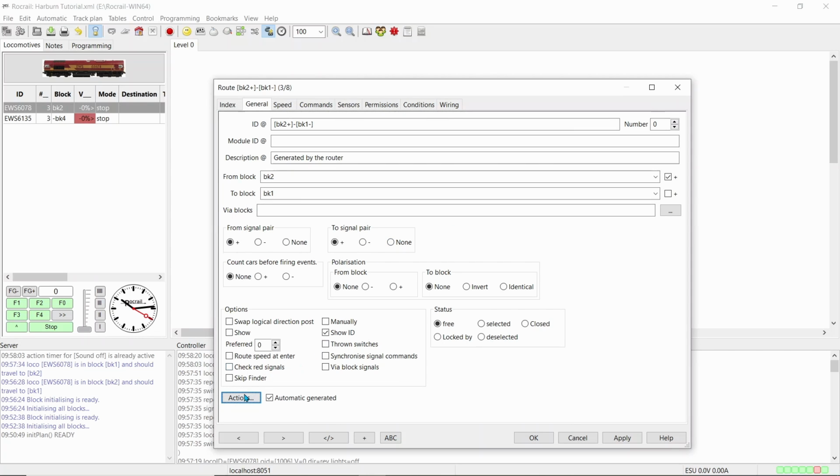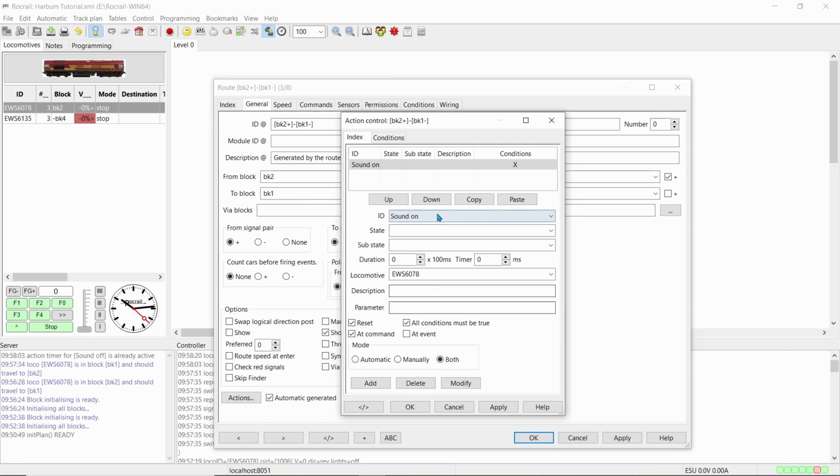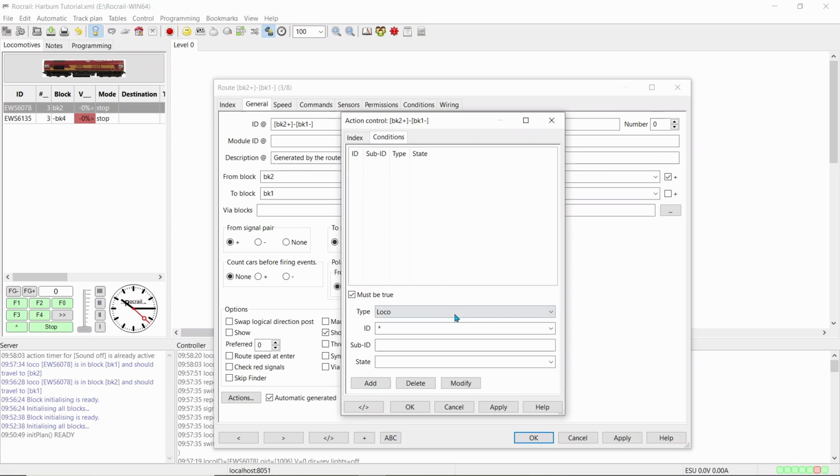So now to set up the light, we're going to actions as well. Light on. The state we can leave blank, and the substate we can leave blank as well. Duration we leave blank, and timer, that is locomotive 68. So we add that. That's light on, light off, and we'll try and do conditions again.